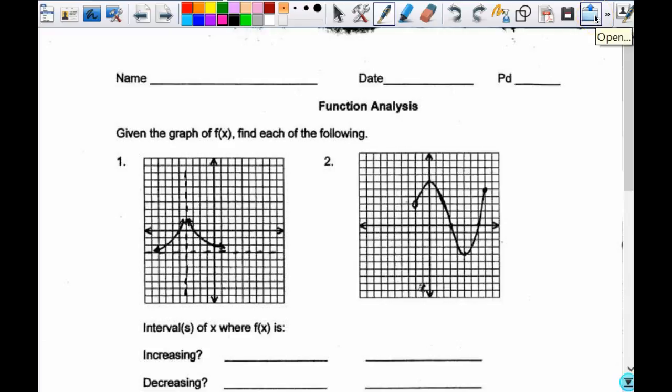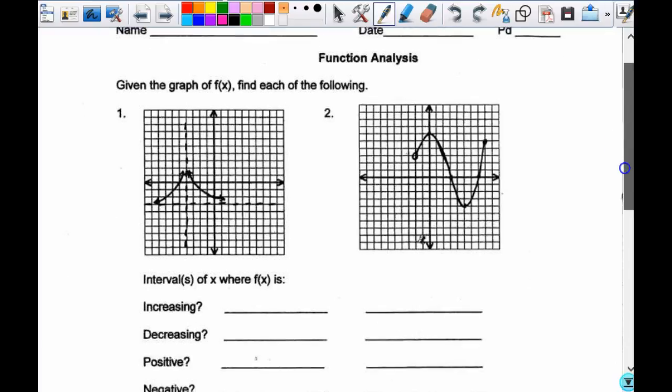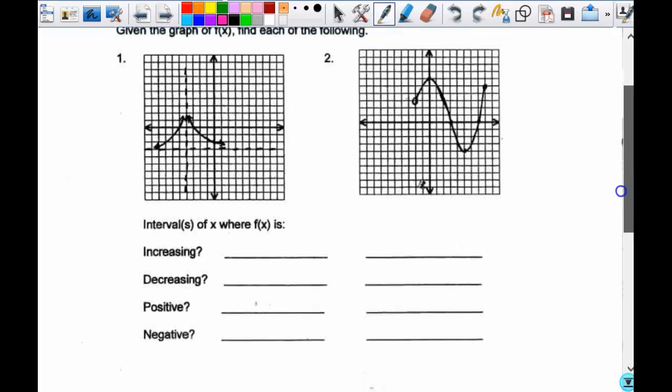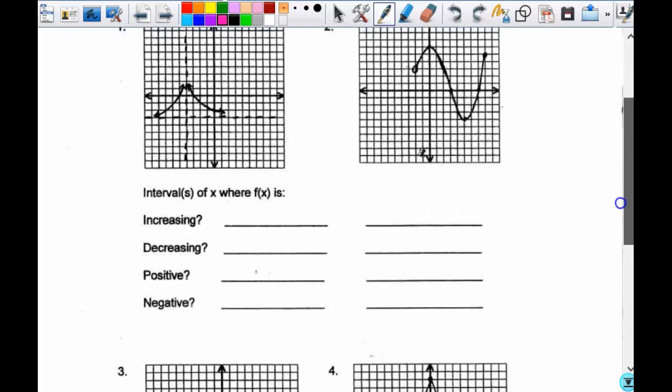All right. So intervals of f of x. I think your graphs are a little bit better to read than mine. But let's do the first. Let's do number 1. And I think we've got the increasing and decreasing down. I want to do the positive and negative for number 1. Okay? So when you're looking at number 1, here's your